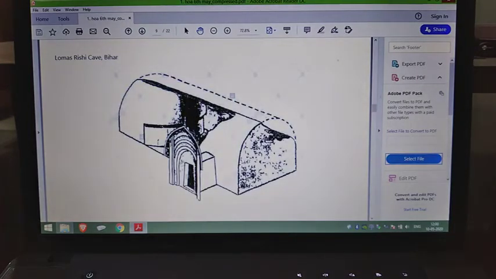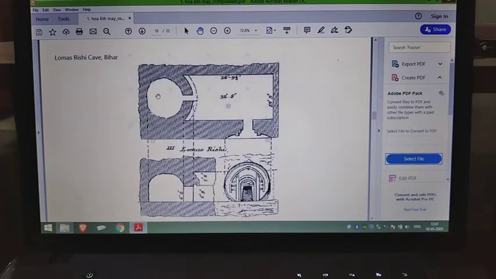rishi. So if you look at it, here's the entrance. The entrance is relatively grand with respect to the surroundings or what was the expectation of a monk. But since this was a gift, I think he wanted it to be very specific and give him some good conditions. So you enter from over here, reaching a hall which is like a square, and from the hall there is another passageway going into a circular smaller hall, which was the place where the rishi could meditate.